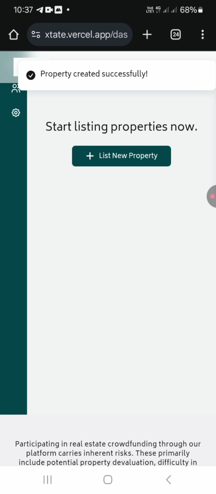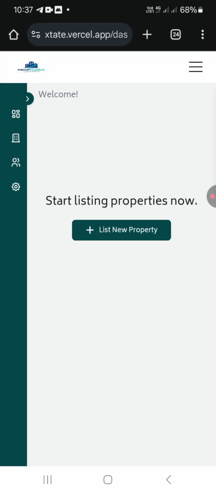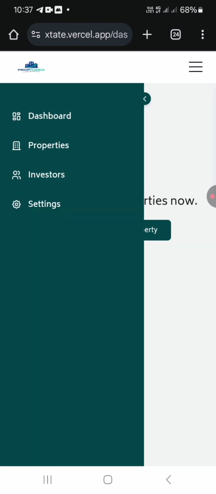That's the next stage. So now start listing property now. I've already filled everything up as a developer, and then my property now will be listed among the other projects that are available for investors to invest in. So it's really that simple. It's not really complicated. As a developer, you can just go there once you've registered with us, and then you just fill out details, upload the images of the project,